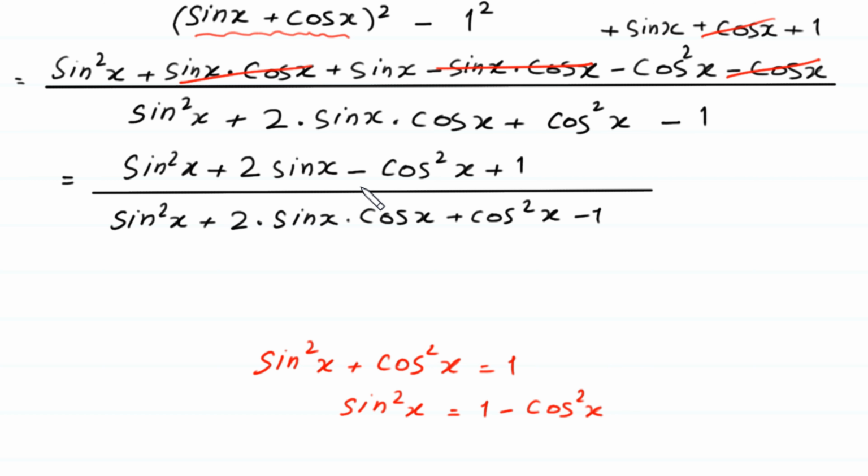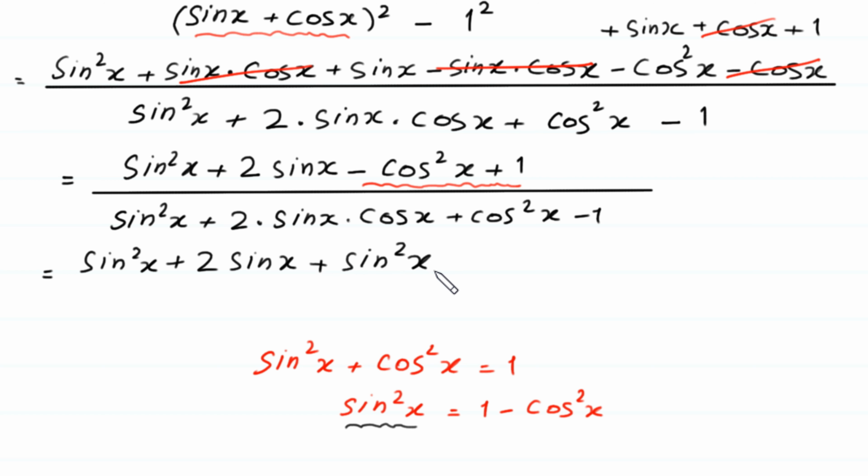So we replace this 1 minus cos square x into this sine square x is equal to, we write this sine square x first, sine square x plus 2 times sine of x plus 2 times sine of x, and we replace this negative cos square x plus 1 with this sine square x plus sine square x